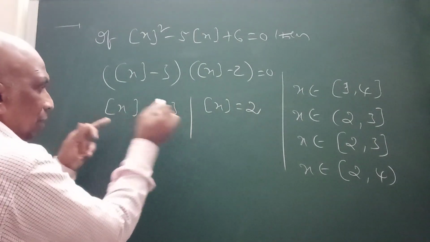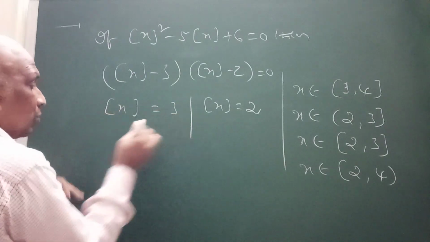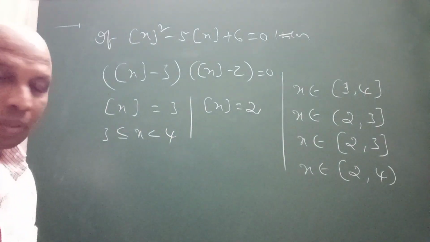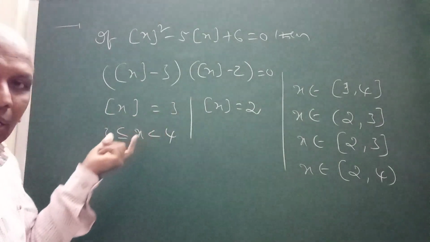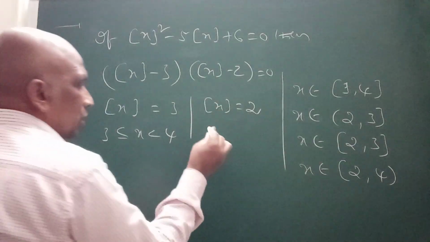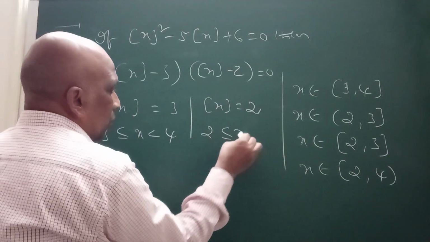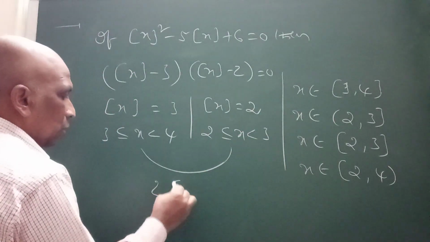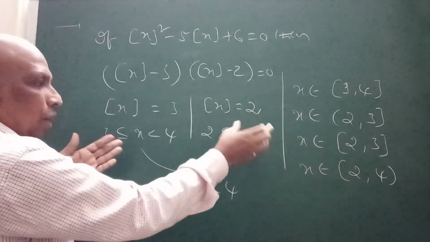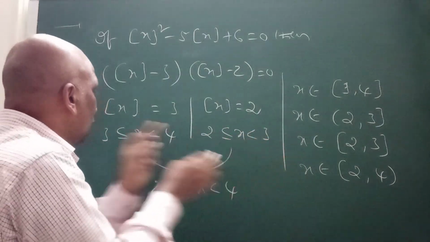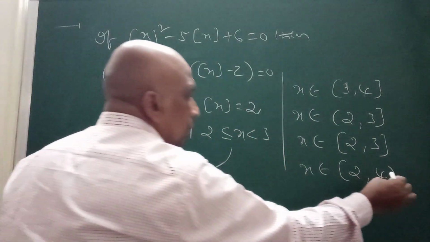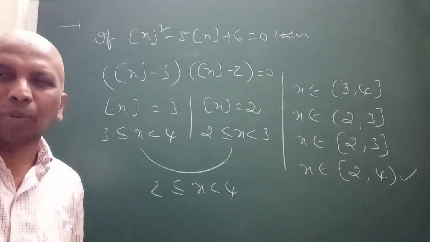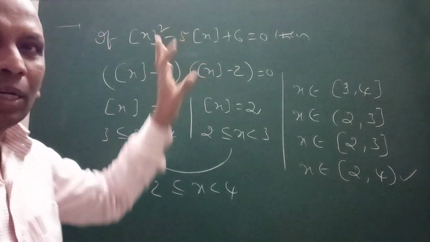When floor x is equal to 3, it means the x value lies between 3 and 4, including 3. This is the definition of floor x. Floor of 3 is 3, and between 3 and 4 also it is 3. Similarly, if we consider floor x equal to 2, then 2 less than or equal to x less than 3, right? If we combine these two, you can think 2 less than or equal to x less than 4. Between 2 and 3, and 3 up to 4. Your answer is the fourth option, including 2 and excluding 4, if we combine those two. So we have completed the second problem, right?